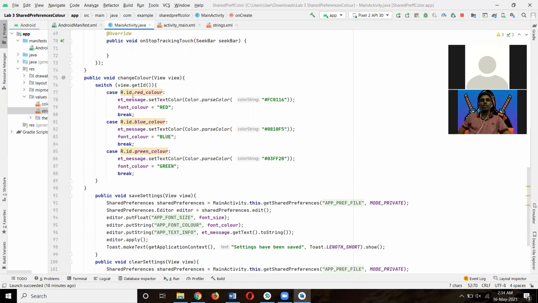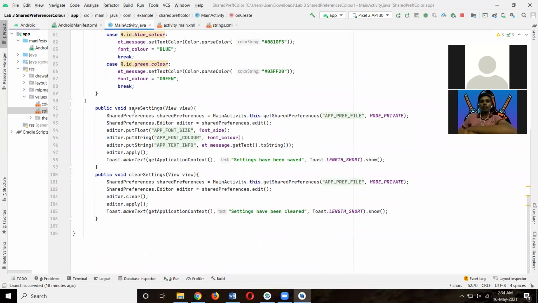This is the case for red_color: etMessage.setTextColor parseColor is this code for the color red, and font color equals red, then break. Again a case for blue, the same for all three: this is the code for blue, and font color equals blue, and the green code, and font color equals green.